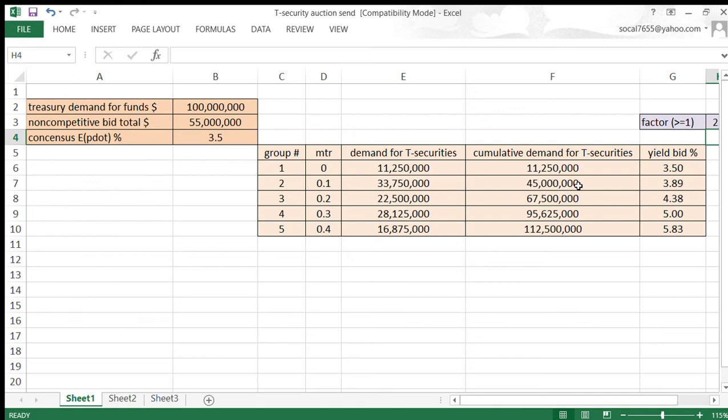And you can practice with different factors and see how things change. So again, you have this spreadsheet,